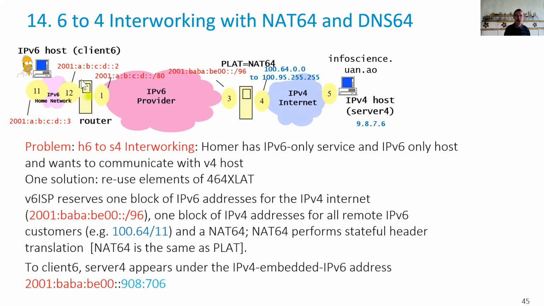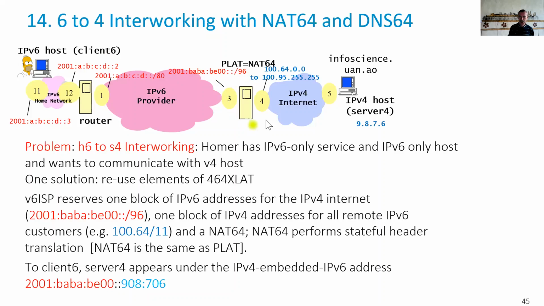But probably here, if you have IPv6 service, you probably have IPv6 everywhere. Also, you might have IPv4, but you also have probably IPv6. But the problem is I want to go to this server. The server is only IPv4. One way I could do it is, of course, to run IPv4 software in my machine and use the previous solution. But another way here